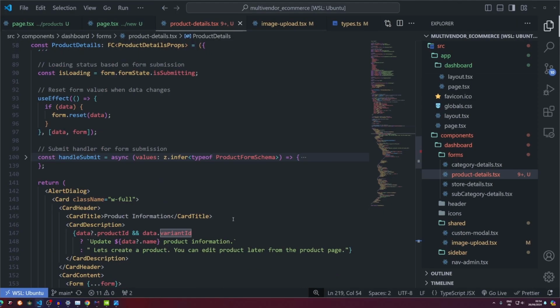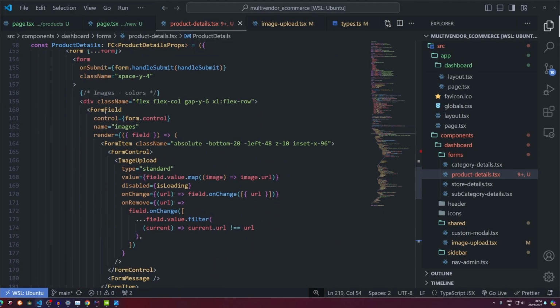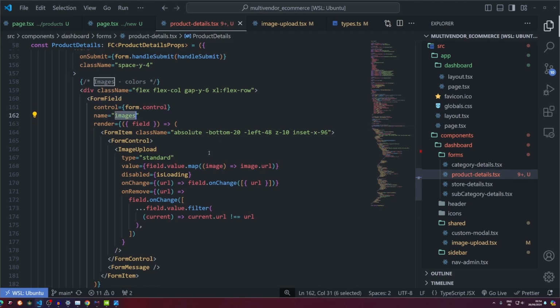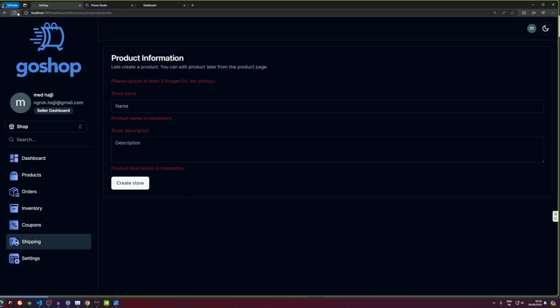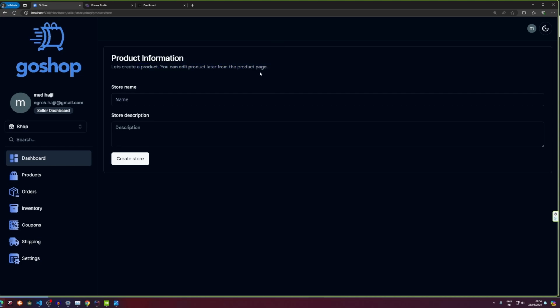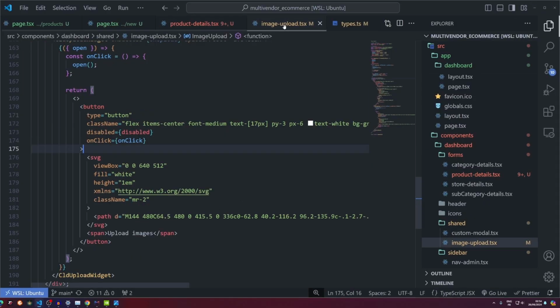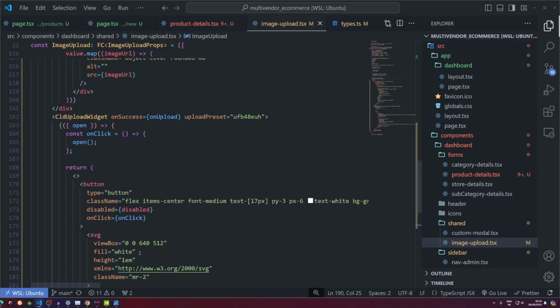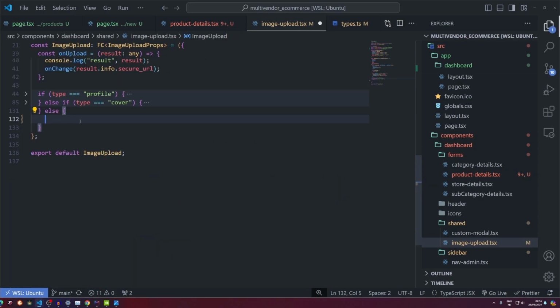So in the product details, we have this one, which is the form field for images. And then we added these class names right here. We need to remove that, so I'm going to remove that here and go back and see. It says right here please upload, but I don't see the button, or I may actually have an issue here for the button. So let's make sure that this widget, I'm actually so dumb,